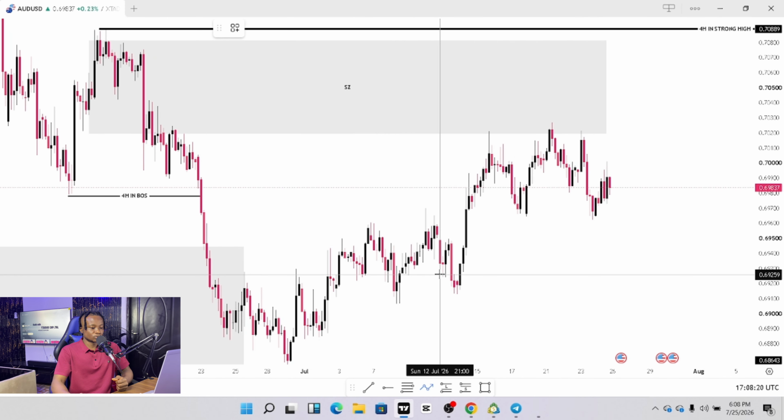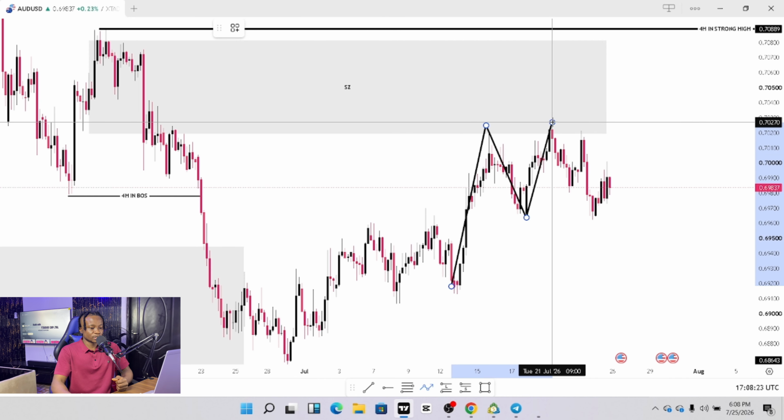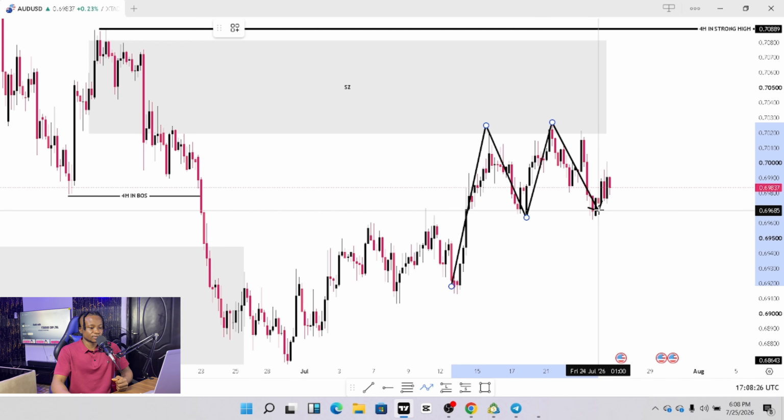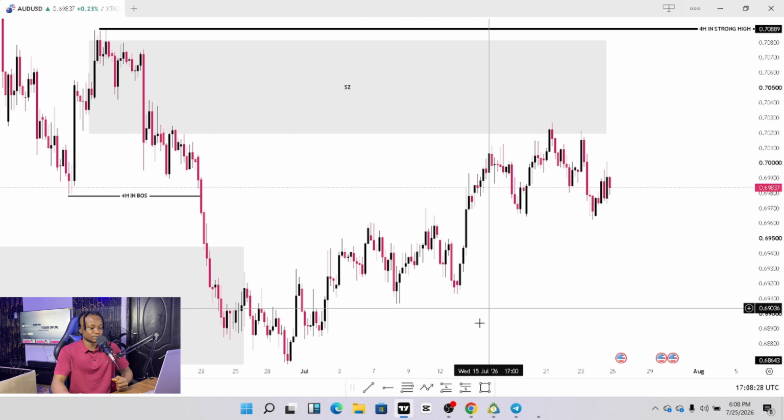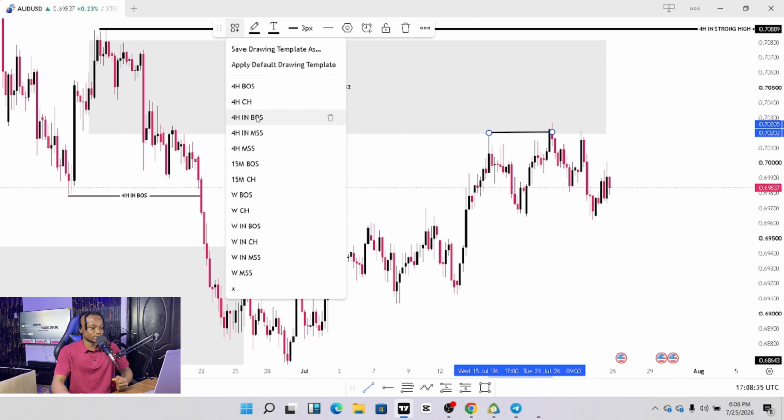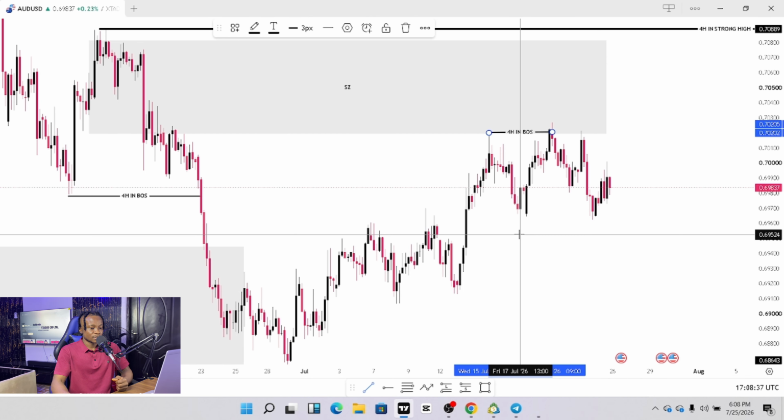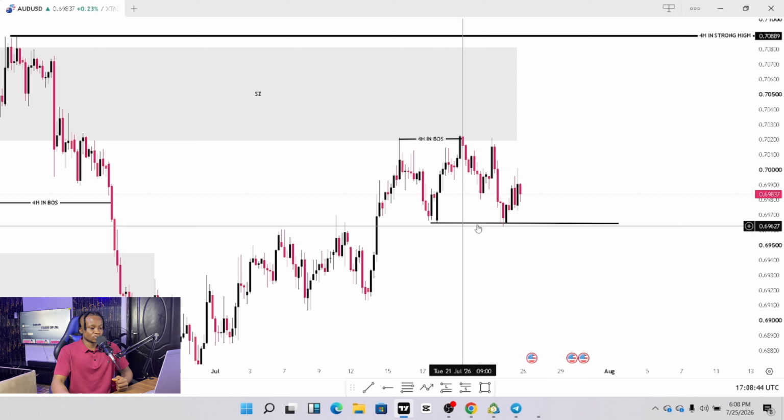AUD/USD substructure broke structure here and is currently retesting this internal demand zone. I'll mark this to be another internal structure, and this is the last low that this market created. Since we are looking to trade in the direction of the substructure, which is sales, and the market has made its way to the substructure supply zone,